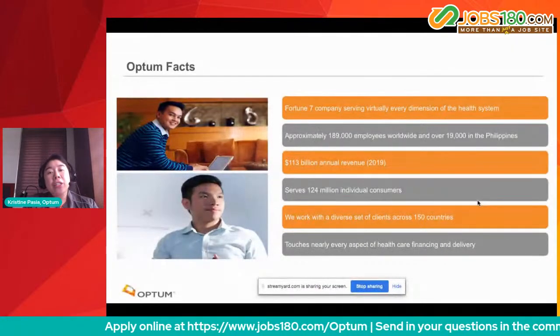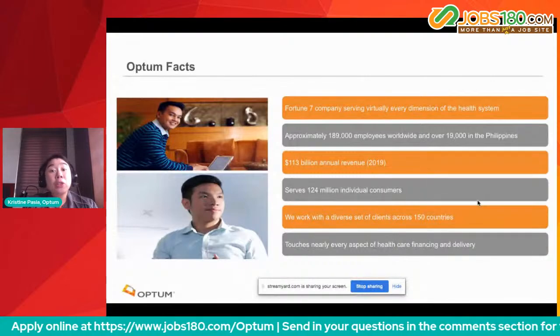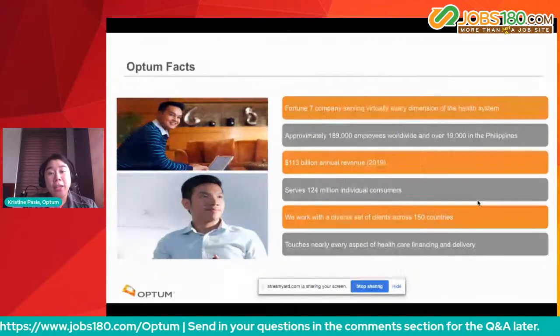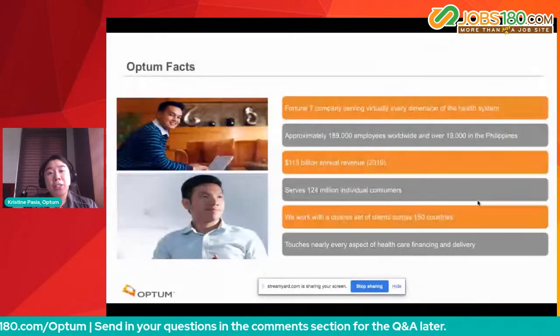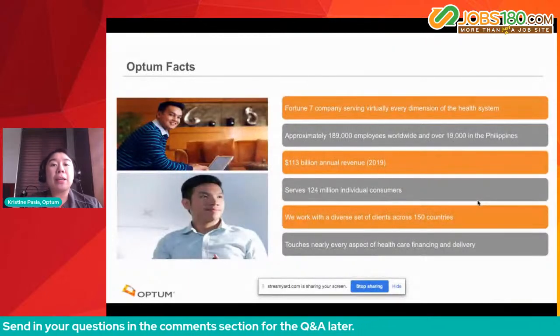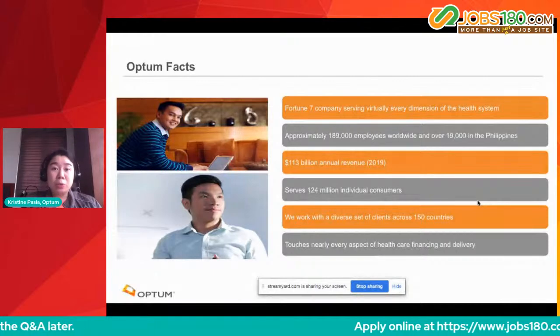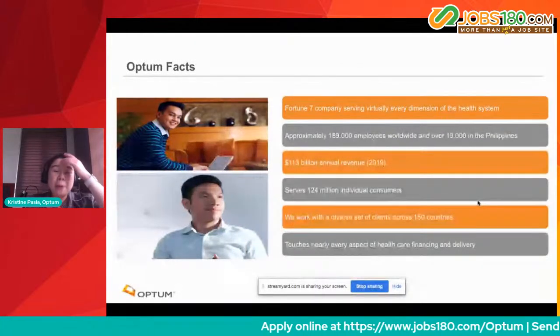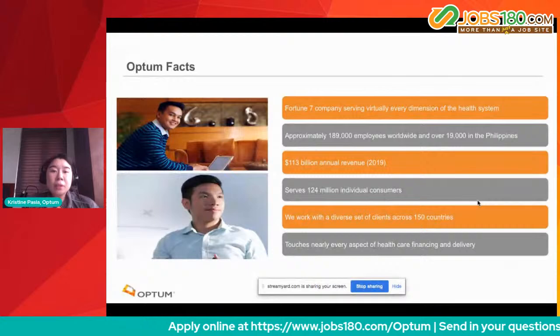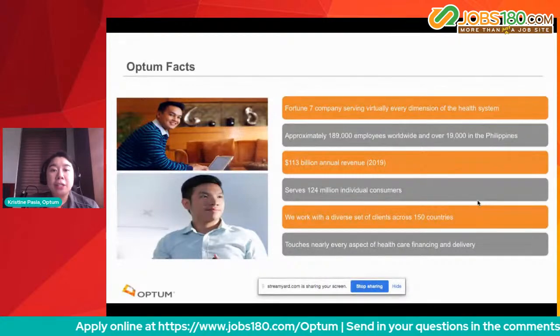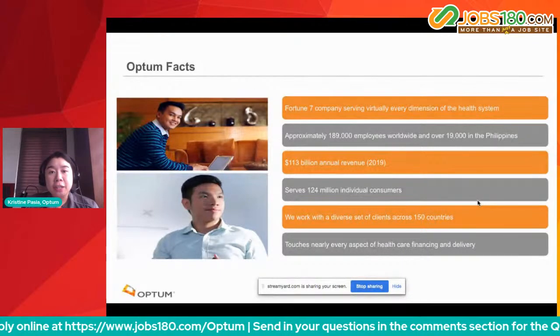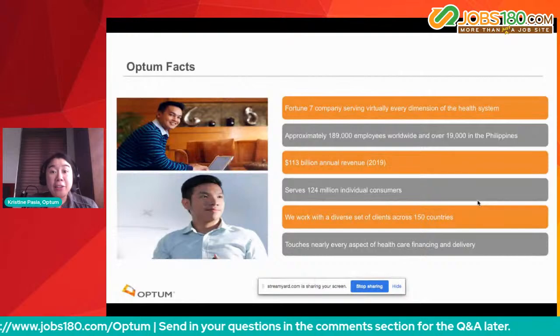business. And currently, we're approximately over already 200,000 employees worldwide and over 20,000 employees in the Philippines. So we're just even growing bigger despite the pandemic that had happened last year. So it's already almost the anniversary of the lockdown. We have been very successful as an organization in hiring new talents to our business,